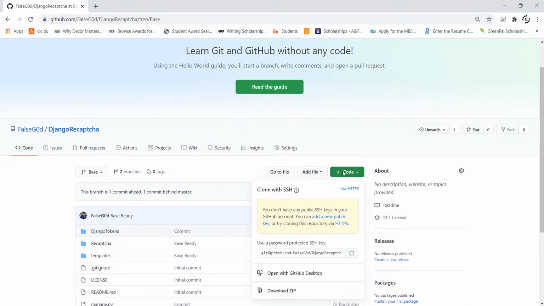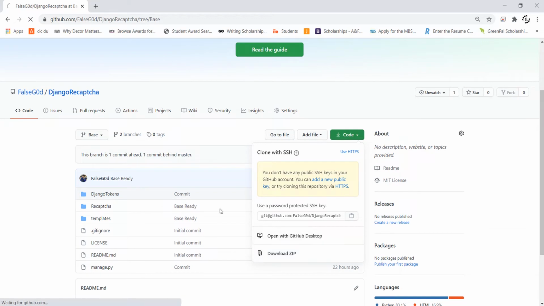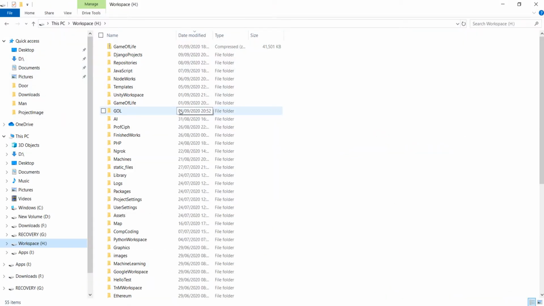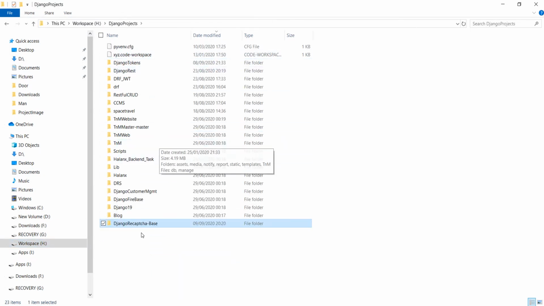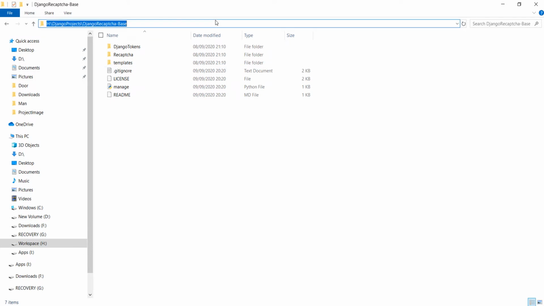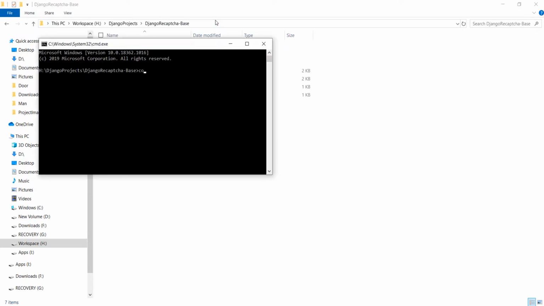When downloading this base app, make sure that you download the base and not the master branch of this app. Now simply extract this folder into a directory of your choosing. Now let's fire up the command prompt and enter Visual Studio Code.